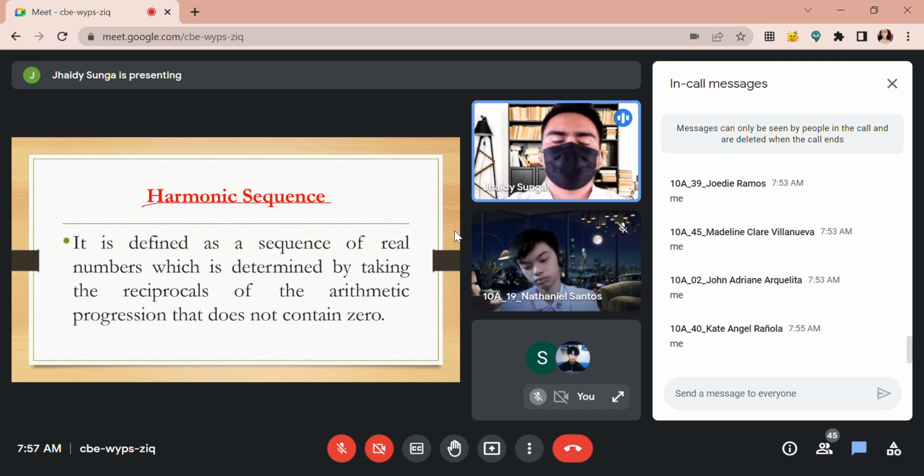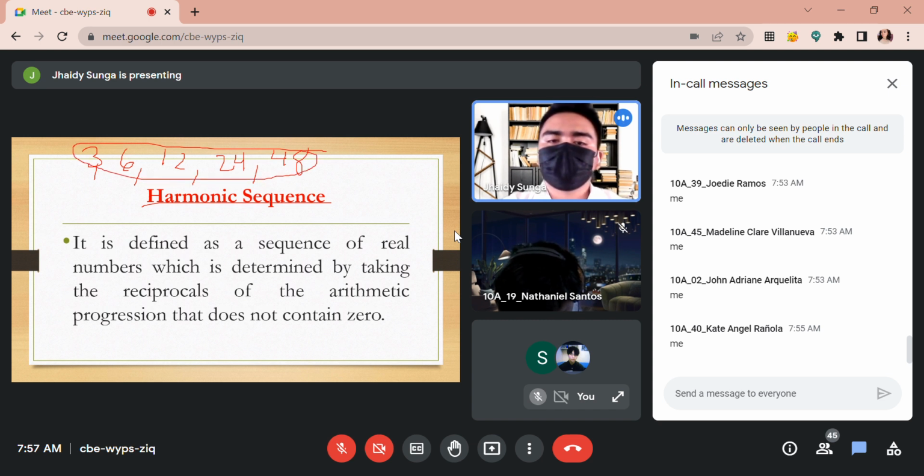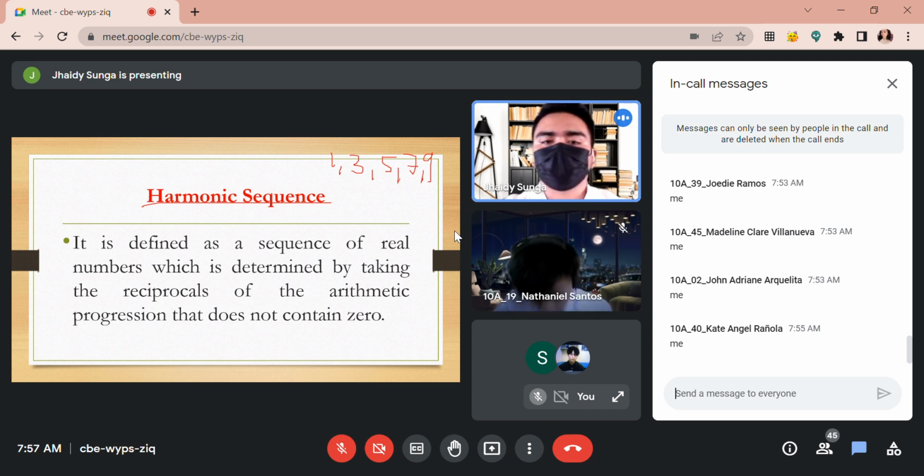For example, the one that I did, what did I do? It is 3, 6, 12, 24, 48, right? This is for geometric. But if we have 1, 3, 5, 7, 9, this is arithmetic. But in a harmonic sequence, you can tell that it is harmonic if and only if